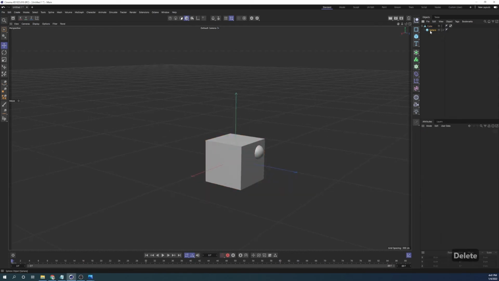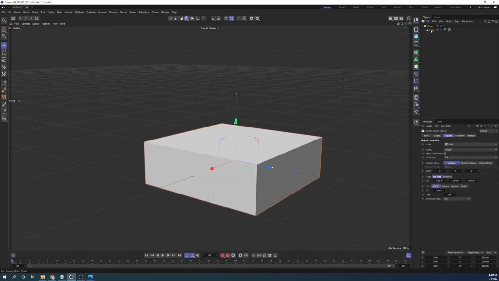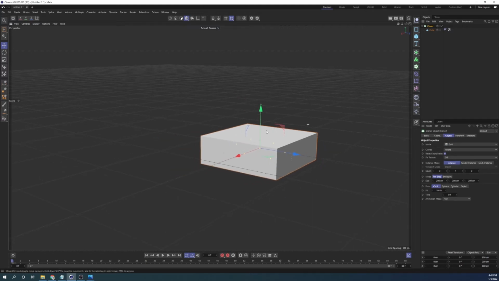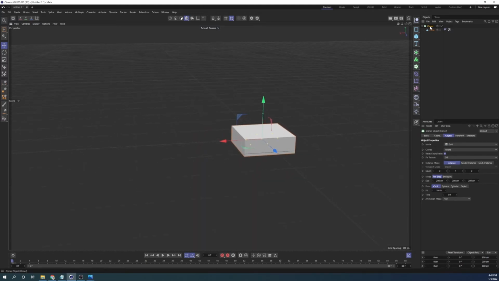So let's delete those eyes. We can see what else we can mess with. So here's the cloner object. If we alt-click the cloner, it will automatically become a parent of the cube, and it will create